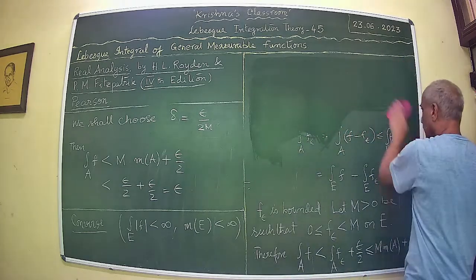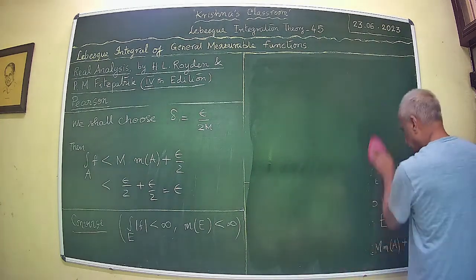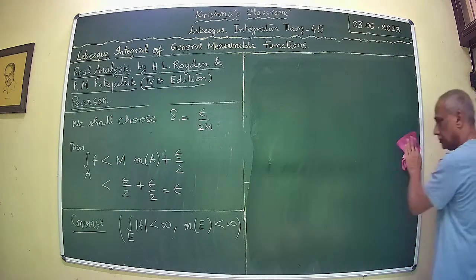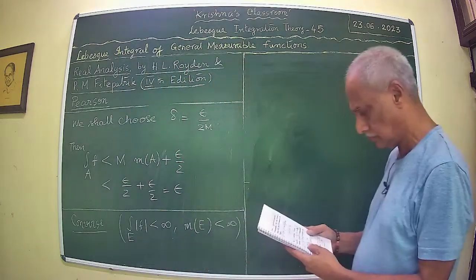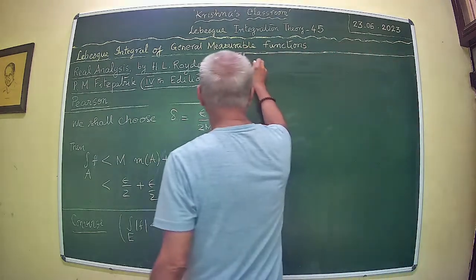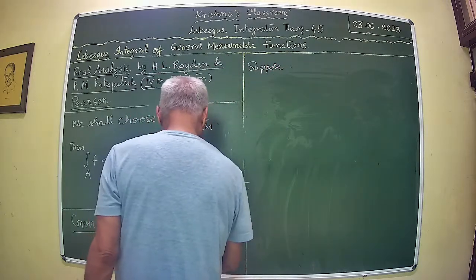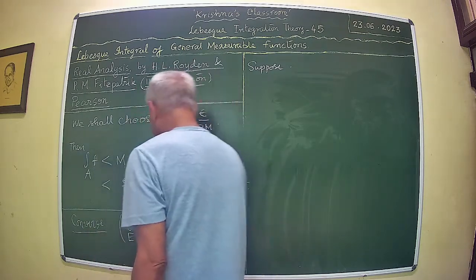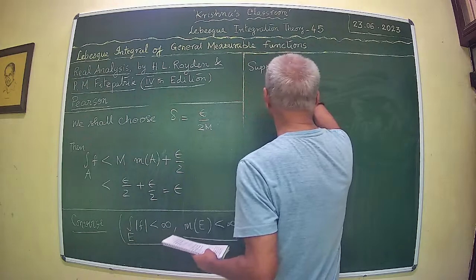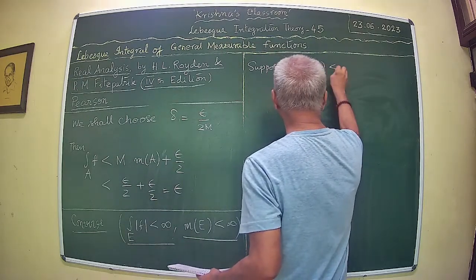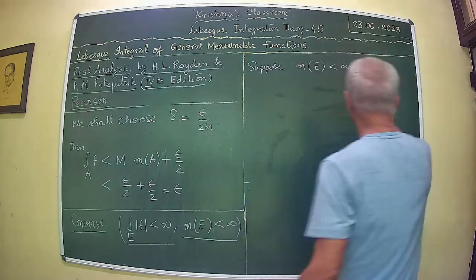What are the given facts? And how do we use them? Now what we assume is that for each A measurable, suppose this is what we want to prove. This is the assumption that we make, and this is what we want. Let us suppose the measure of E is finite. Now you will see that this is crucial, and for each epsilon